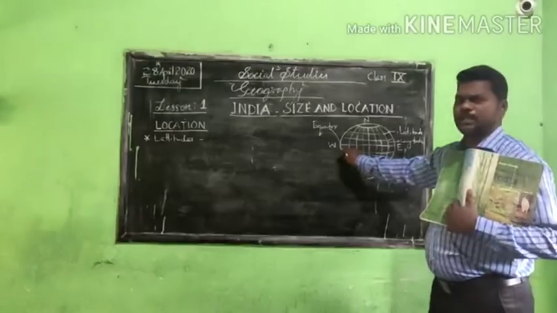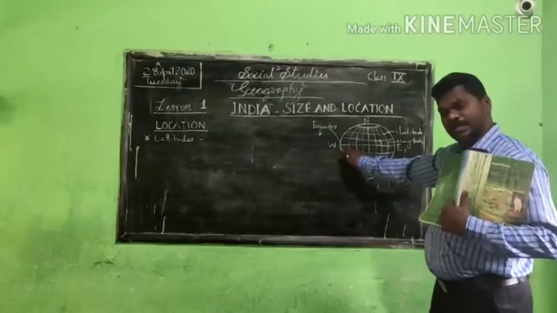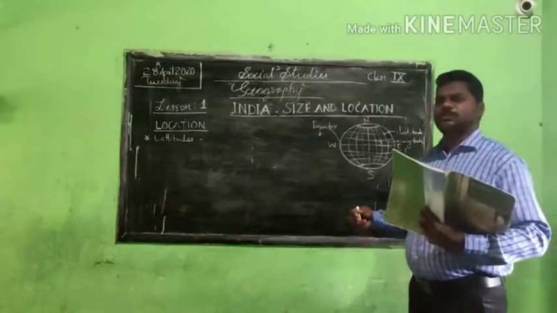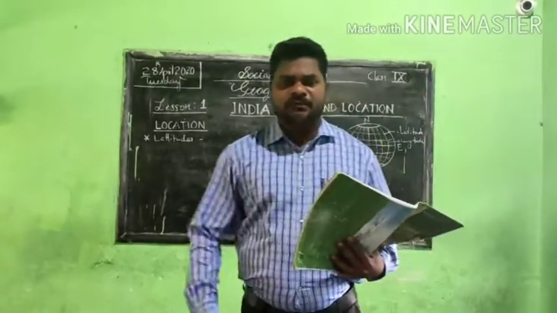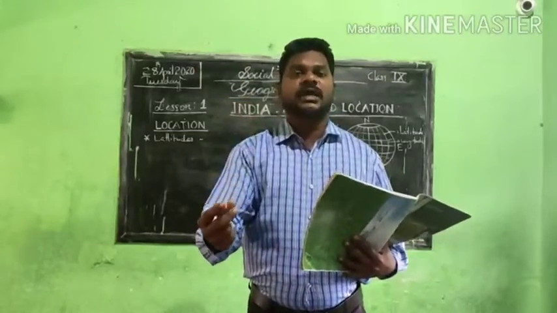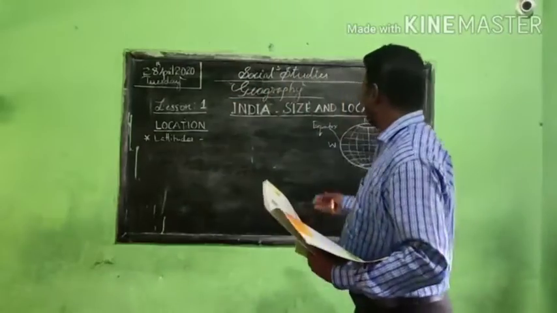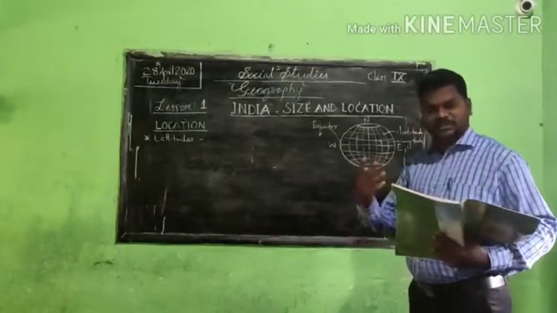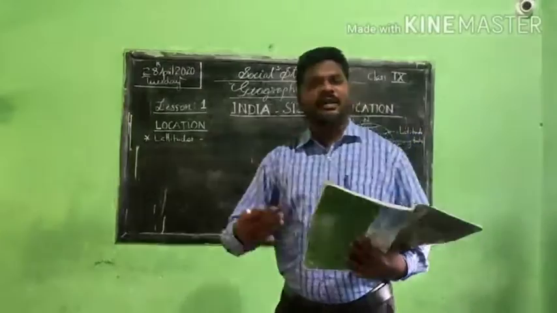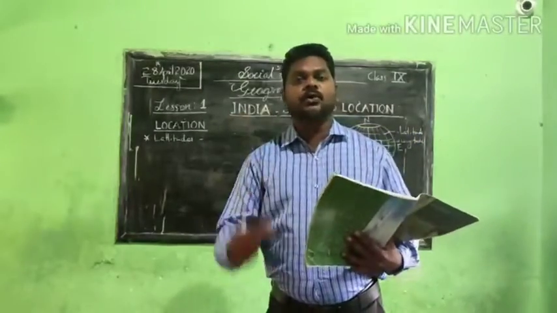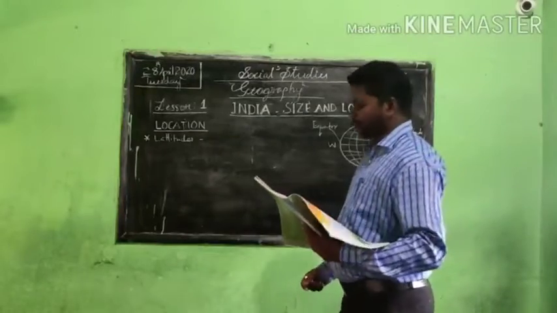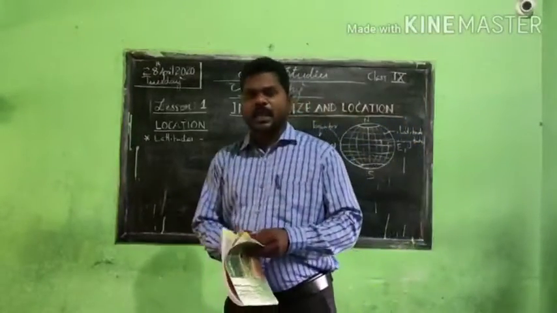These are things you already learned from the previous classes, so once again I explained about that. While we are locating a particular nation, we must have an understanding of the latitude and the longitude. Then only are we able to locate one particular place and where it is. We get the information about where that particular nation is located while we know about the latitudes and the longitudes. Now, here it is mentioned that the location is very clearly says that